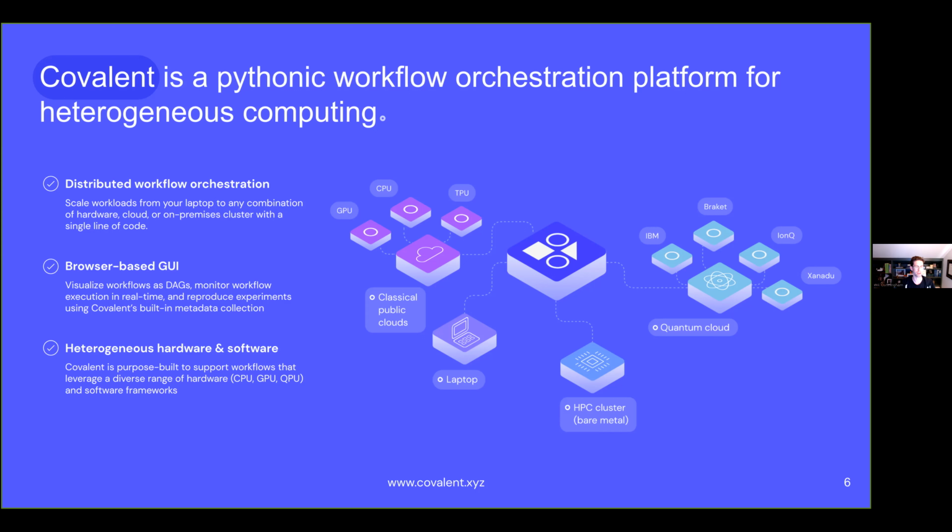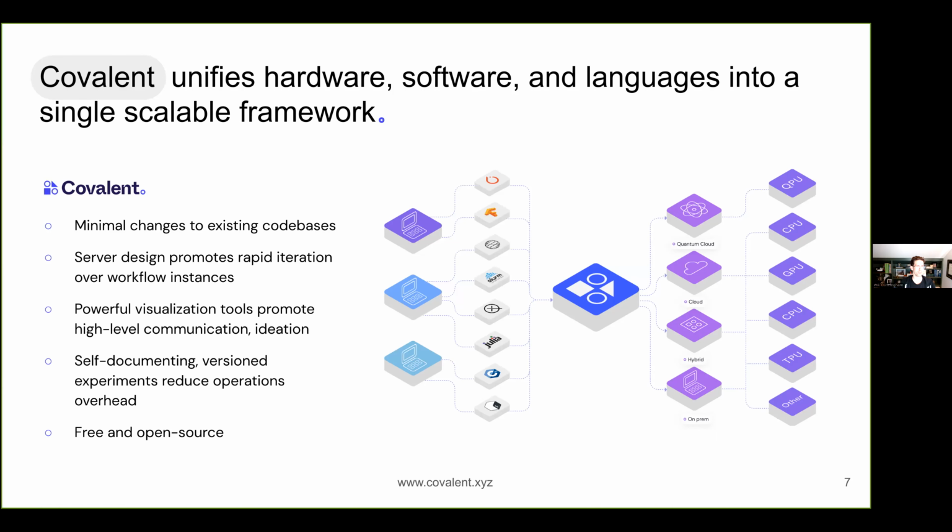Covalent doesn't just support heterogeneous hardware, it also supports heterogeneous software. While the orchestration is done in Python, workflow tasks can be written in other languages such as C++ and Bash. This allows users to deploy any software to any compute backend, all while leveraging Covalent's powerful orchestration engine to keep track of metadata. As opposed to other workflow tools, which use workflow templates as first-class citizens, Covalent is centered around